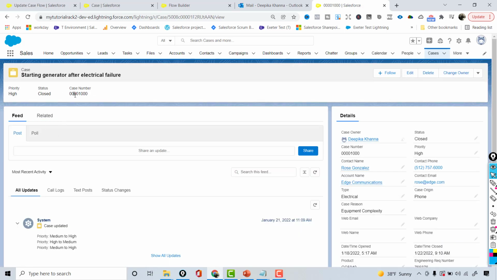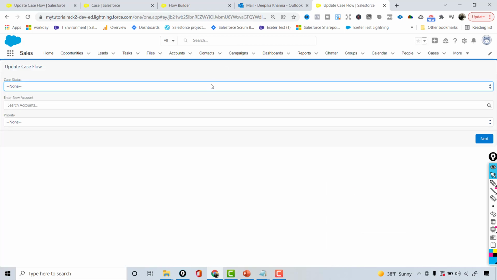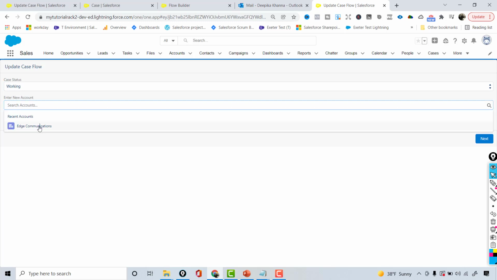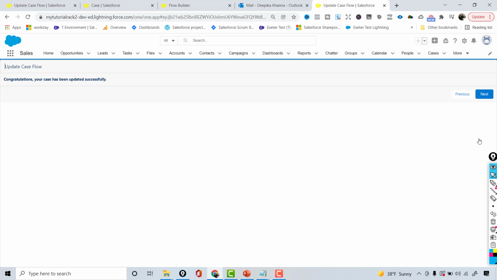This is the case number 1000, and it goes to Rose Gonzalez. Now in this case, since it's already in closed, we are going to do an update case, and we are going to make it working, and then the account I'm going to choose as Edge Communication. Priority is going to be high. Now next, we have moved it to